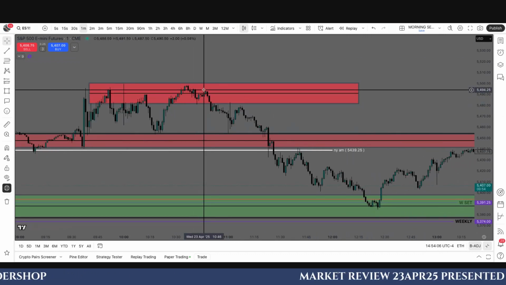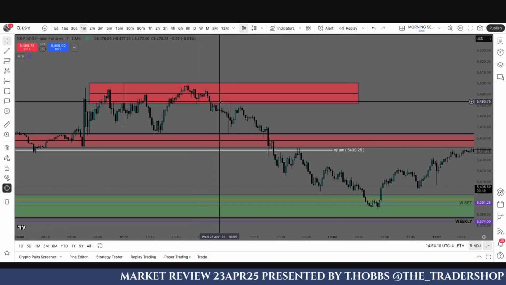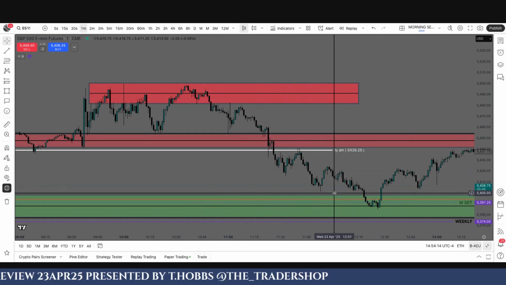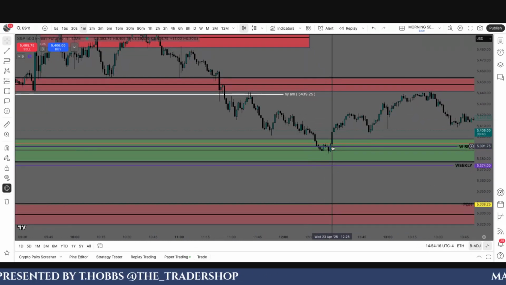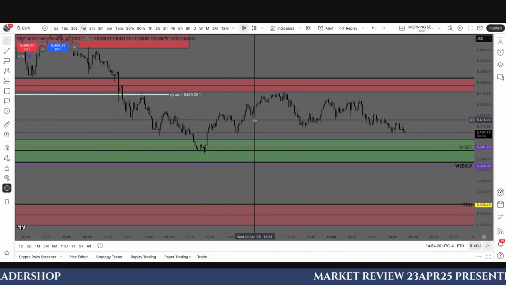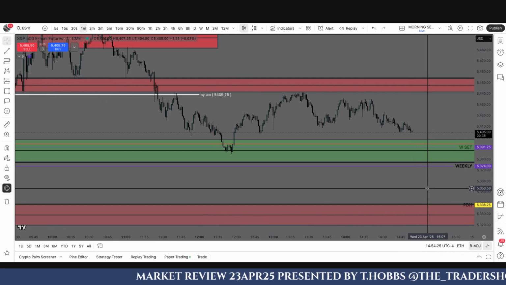We started making lower highs, lower highs, lower highs. You enter this right on these lower highs, and you target the top of the range, you target the low of the range, and then you go and target midnight. Weekly settlements right here, this is a beautiful target. I think the market's not done. I think we could still go to previous day high, get below the weekly fib, all that good stuff.